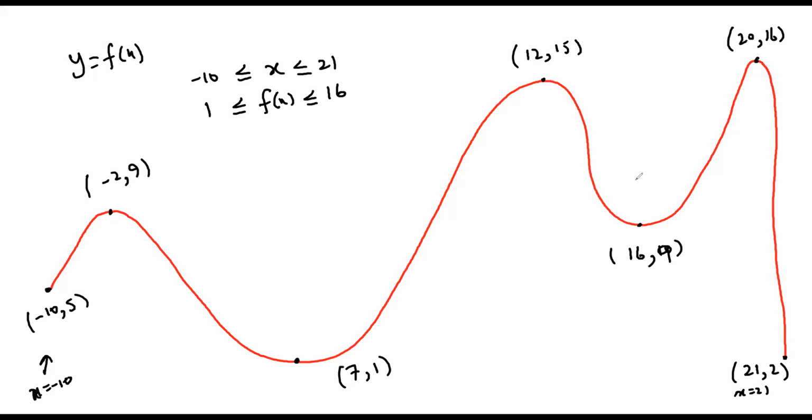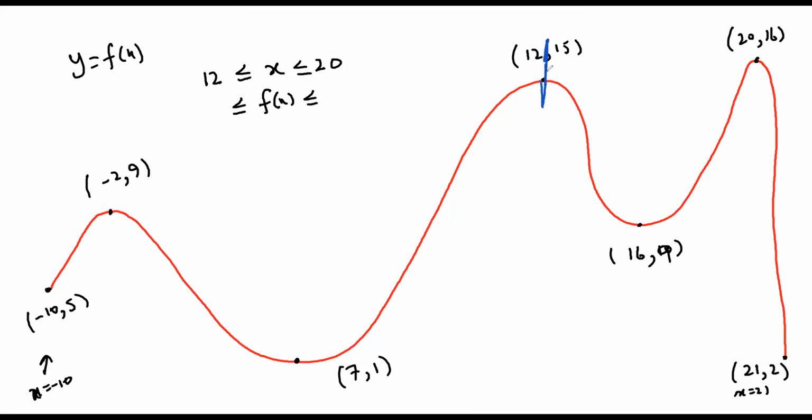Okay. Now, let me change the domain here, and now the domain is between 12 and 20. If the domain is between 12 and 20, please tell me what is the new range? Yes. Between 9 and 16. Very good, beta. This is between 9 and 16, because within this interval over here, you have to see